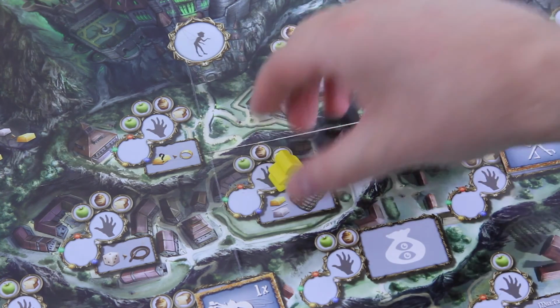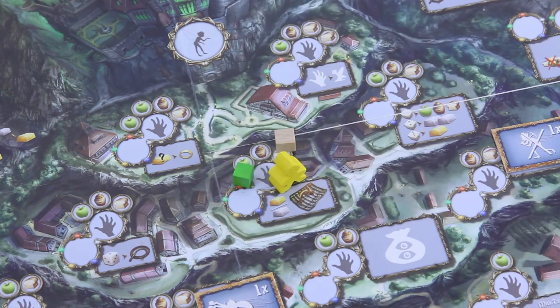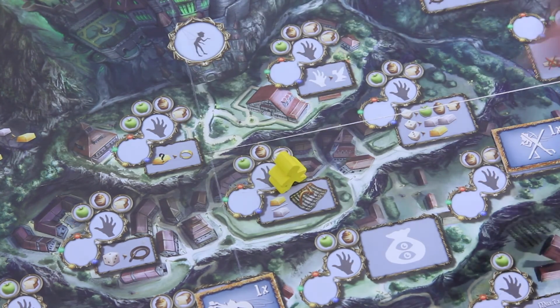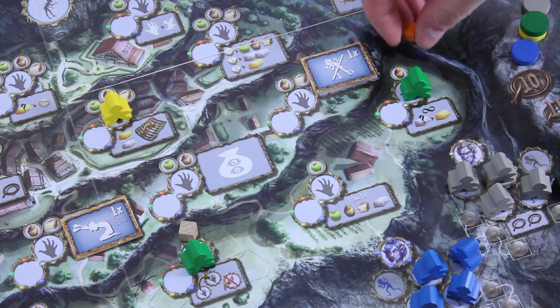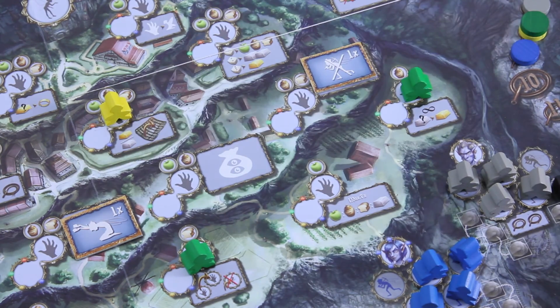This is definitely a cool thing. So this pixie gets 1 apple, 1 bread and 1 honey. Of course, this goes right behind the respective player screen. The same is true for those 2 pixies here. So here he gets a bread, here he gets a honey, also going back right behind the player screen of